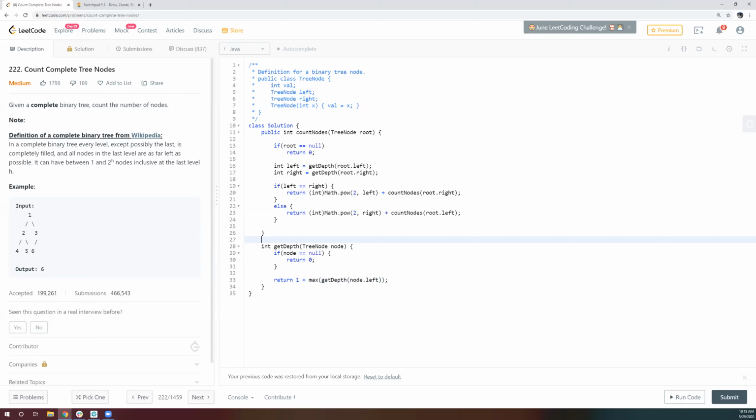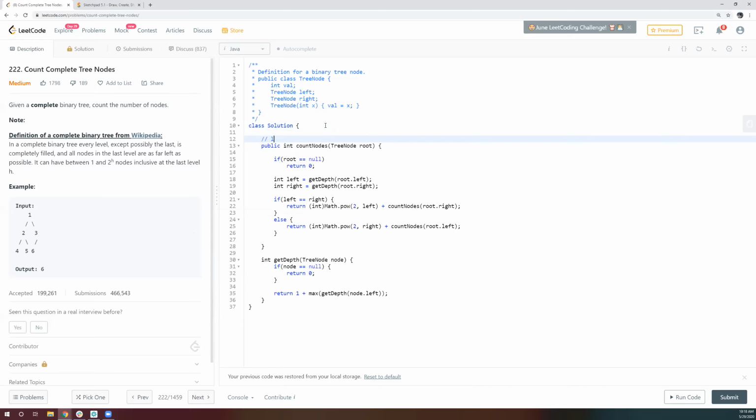Yeah. What is the runtime complexity of this approach? So I guess it's order of log n squared. Yeah, log n into log n. Because everywhere we are counting this, substantially it will reduce, because at every level we are not doing log n, but at a high level we can say log n into log n. Because counting this is log n, and then we are going in either left or right. Again, it will count. So basically, this is log n, and it is being called whenever we are going either left or right.